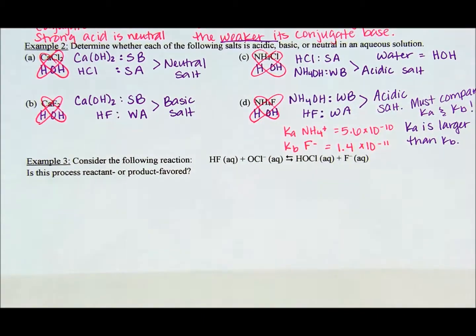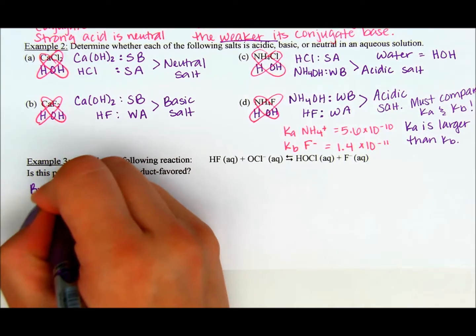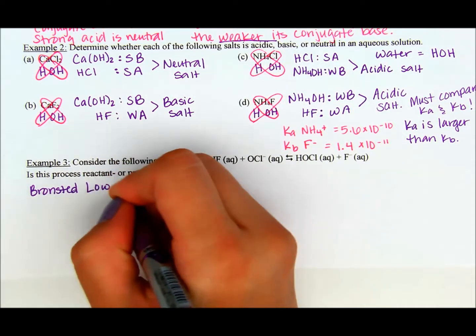Okay. Last example on this page. Consider the following reaction. Is this process reactant or product favored? First thing you have to know is that Bronsted-Lowry acids and bases favor the side with the weaker acid. And that's because weaker acids dissociate less, and they dissociate less because they're lower energy. So they're okay staying together, they dissociate less, they're low energy. So Bronsted-Lowry, which is the definition we've been using of an acid and base,